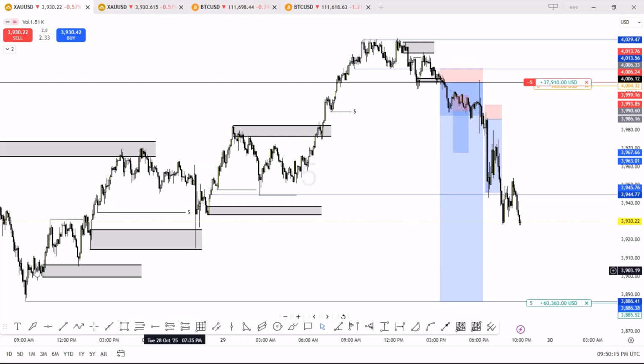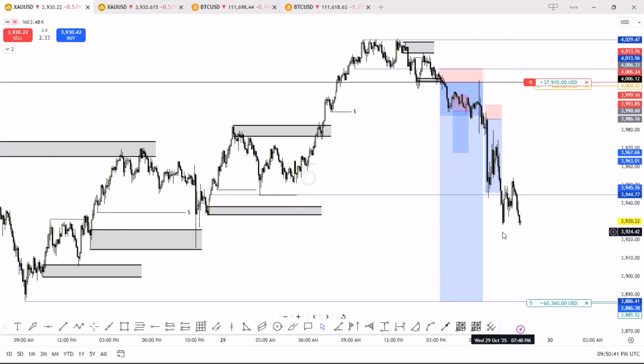One thing you also forget is, you see that I've marked all these levels. Why? I did not trade this, but I still have to know what I actually missed. I have to know that yes, this other block would have given me a good trade after this liquidity sweep. I have to know that this pullback would have given me a good trade. I have to know that these are liquidities. That's why I put my TP just below it or above it here, because I know within this zone there might be a rejection.